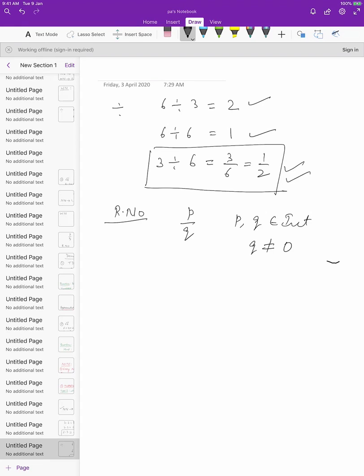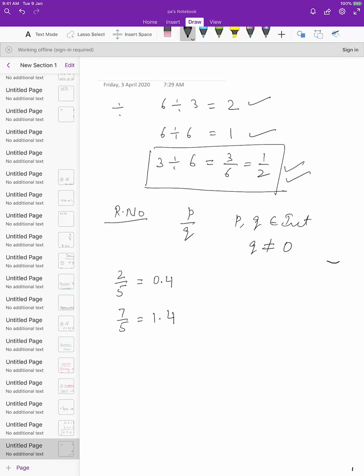Now, in the set of rational numbers, all 4 basic operations were possible. Now, let us talk about the decimal expansion of these rational numbers. Suppose I take a number of the type 2 by 5, it is a rational number, its decimal expansion is 0.4. If I say 7 by 5,